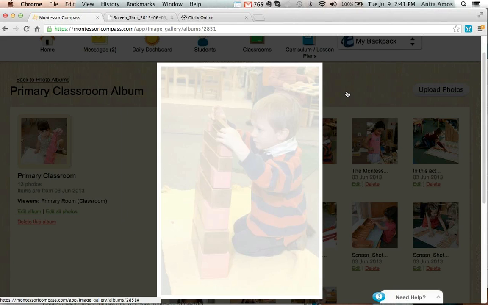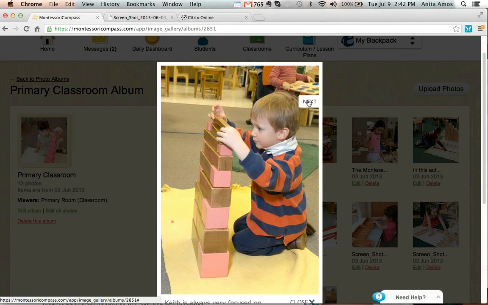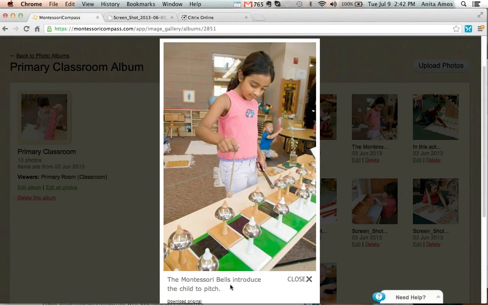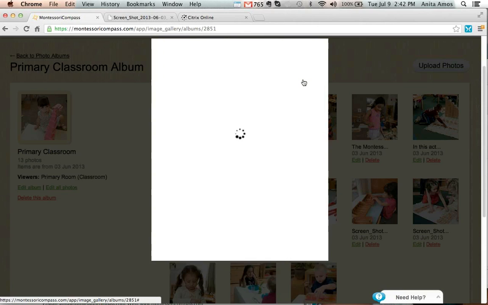But you also have the added benefit of educating them about Montessori. The Montessori bells introduce the child to pitch. Just any opportunity you get to both showcase your children doing interesting things in the classroom and educating parents about the benefits of a Montessori education is a good thing.